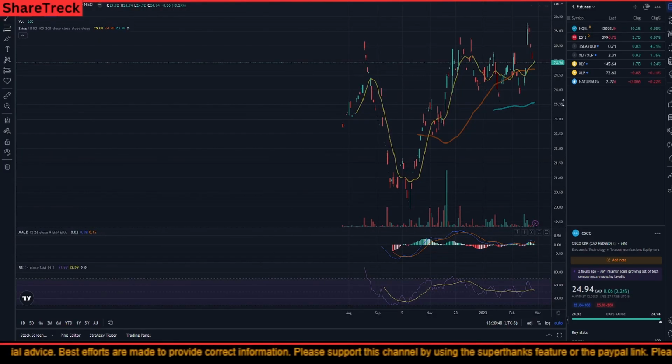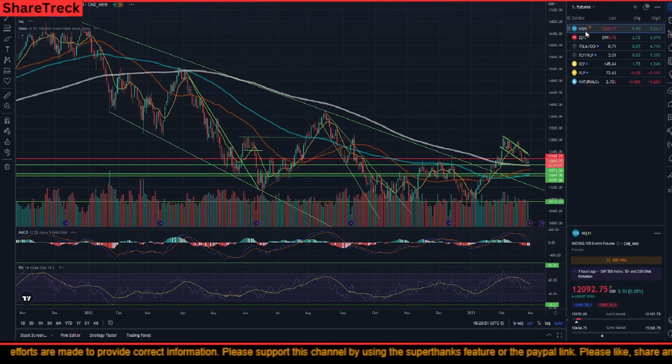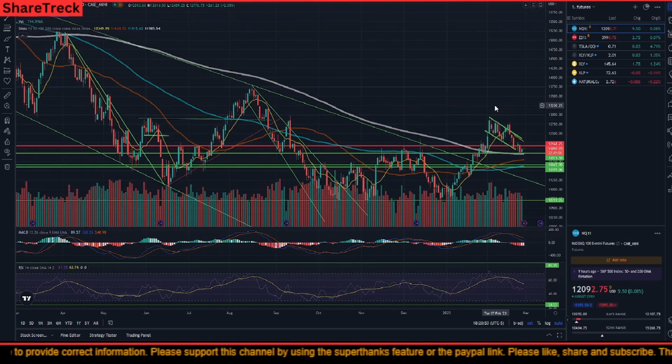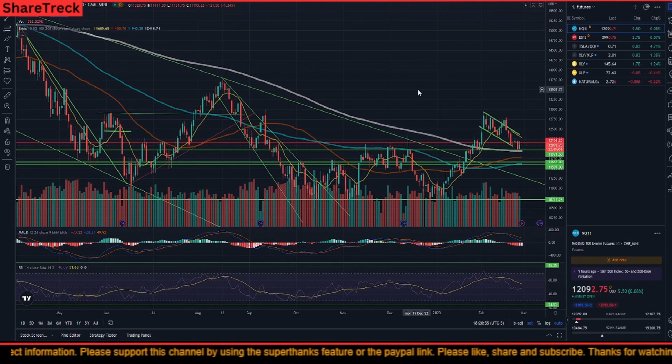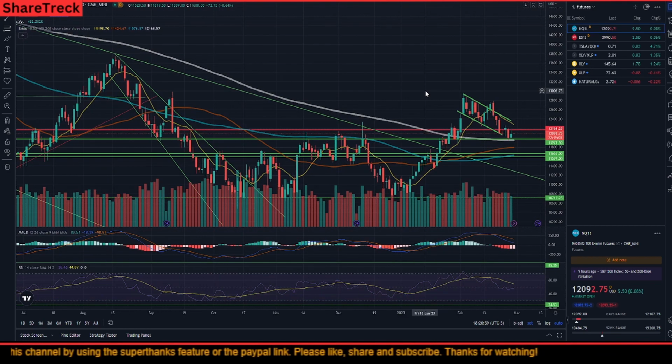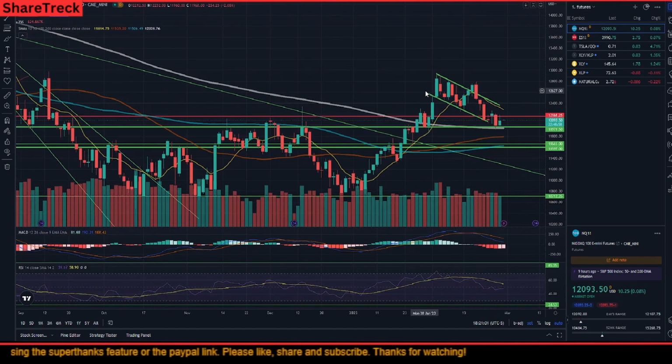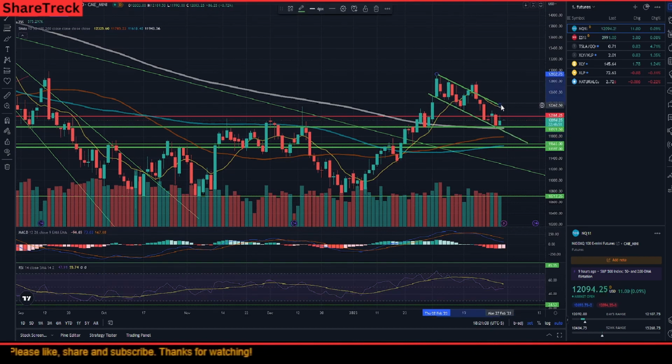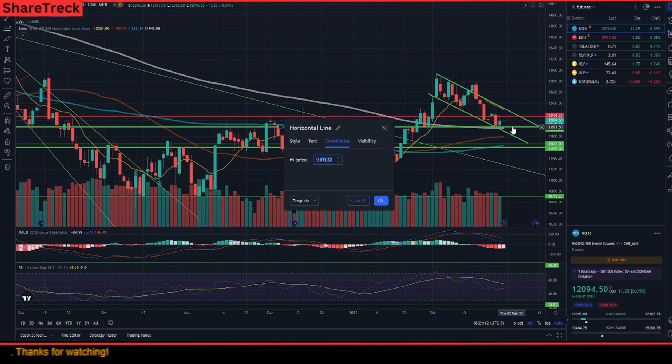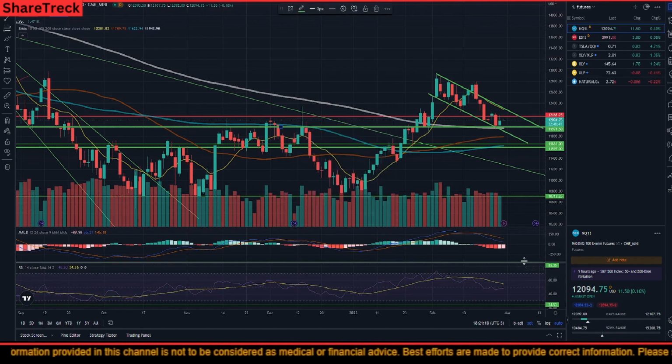Well, friends, here we are in our TradingView platform, and I have switched into the NASDAQ chart. This particular chart has each candle as 1 day. That is the time frame. And I can see that NASDAQ has been very careful not to fall out of the bull flag. So I'm just going to extend the bull flag out here a little bit. It has a support at around 11,971.50, but MACD is bearish and momentum is also below average.